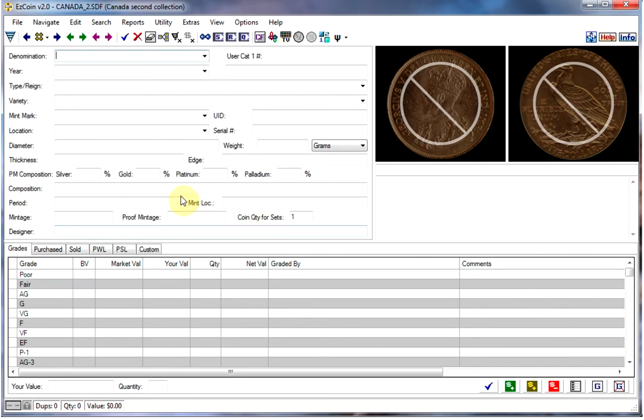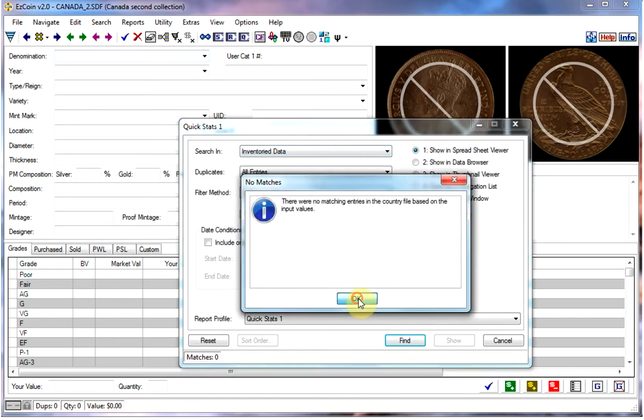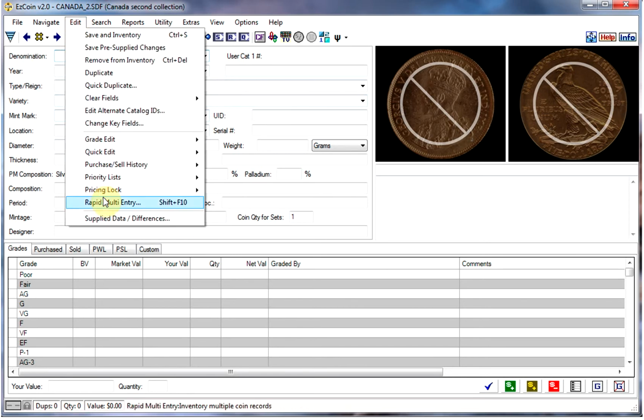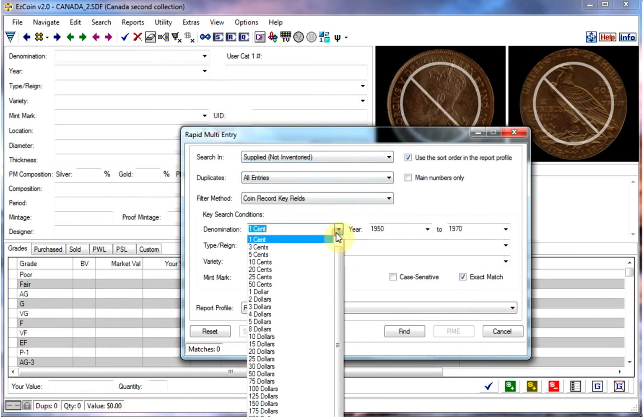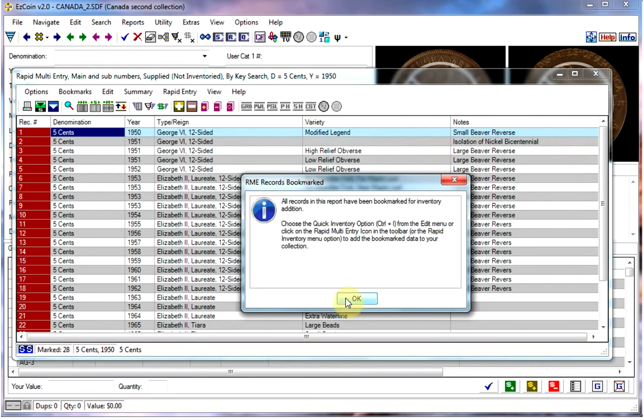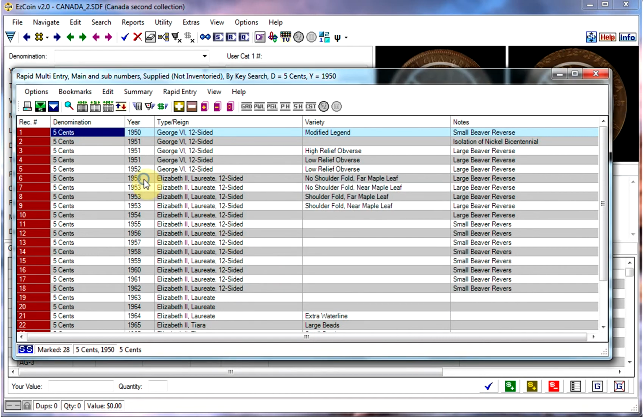And now we have an empty database with Canada with no inventory. We can check by, say there's no inventory. So for this collection, what we'll do is we'll rapid entry, let's say we'll inventory some nickels from 1950 to 1970. So we'll do the same thing, rapid entry. This time we'll do the 5-cent coins. And it found 28. And there we are. Now we'll do the rapid entry,